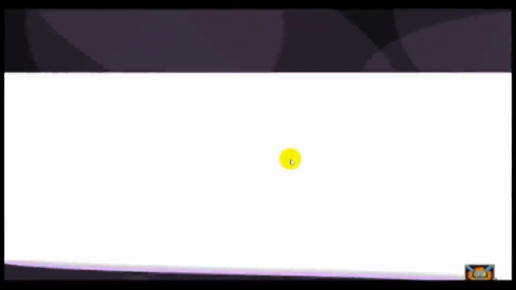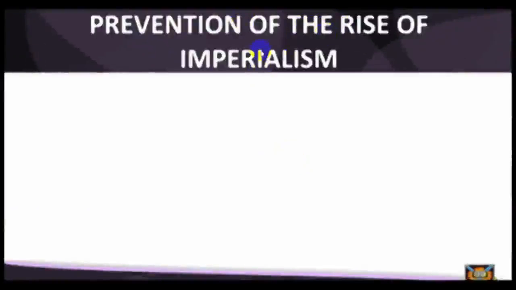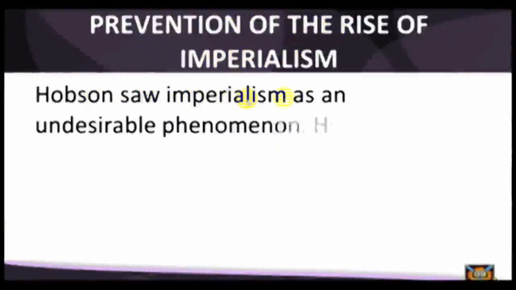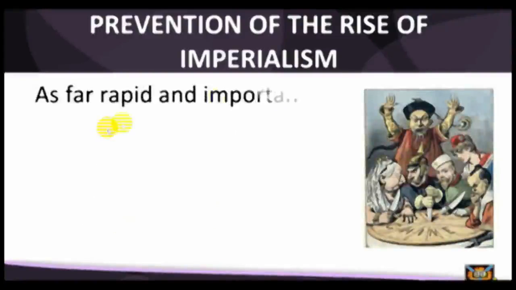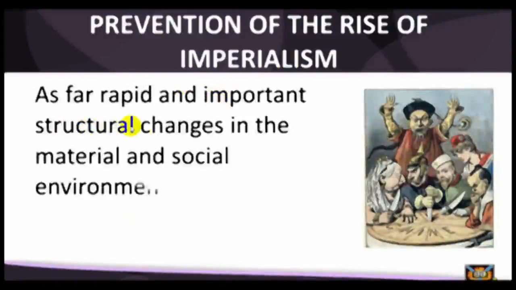Prevention of the rise of imperialism. That's the next subtopic we're treating. Hobson saw imperialism as an undesirable phenomenon. He therefore made policy recommendations to prevent the rise of imperialism. As far as he was concerned, imperialism does not constitute an inevitable stage in the development. So, the following are some of the public policies recommended in order to prevent the rise of imperialism